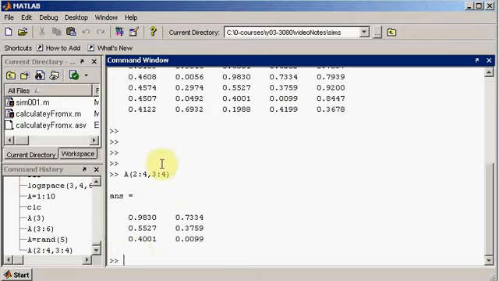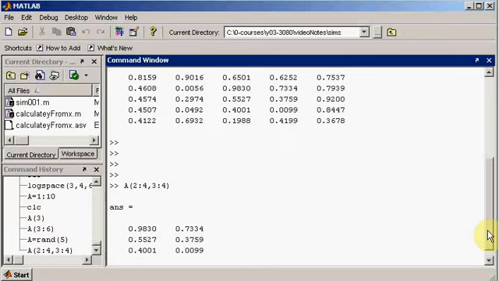If you look at this subset of those numbers, in this position here, in that middle space, 0.9830 down to 0.4001, and then 7334 here, 0.009 here. So we've successfully extracted that part using the statement, just by supplying the arguments of the